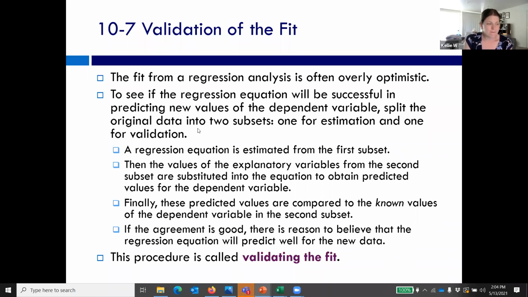So if we're trying to figure out if it would be successful in predicting new values, this is what I was talking about before. We need to split our data into some training data and some validation data. So we fit the regression equation to the training data. Then we substitute in the explanatory variables for the data from the validation set, and we compare the predicted values to the known values of the validation data, and we see how well the fit